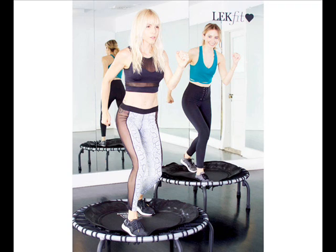Just don't even ask me about trying to stay on beat. And forget looking as good doing it as she did. Her form was insanely perfect, by the way. Regardless, Lauren weaved between trampolines and instructed us on what move to do when. First up, knee highs. Then hip shakes, side kicks, and other variations of coordinated bouncing. We were not all in unison. In between sets we jumped off to perform arm exercises with light hand weights, then we were back to the